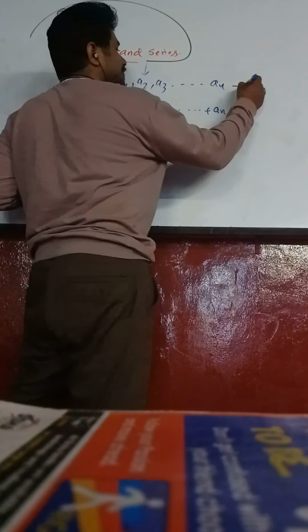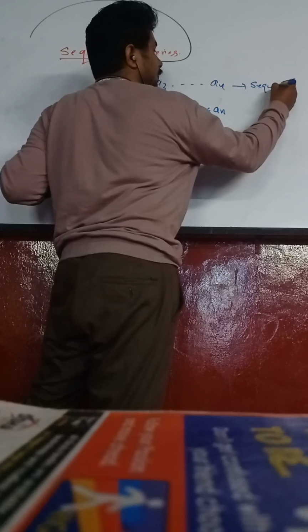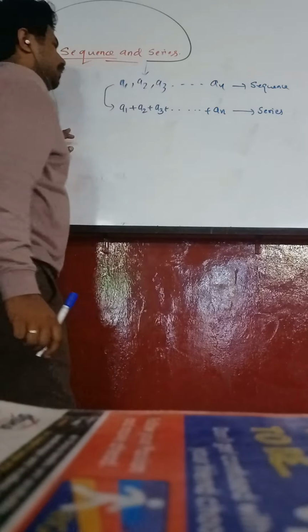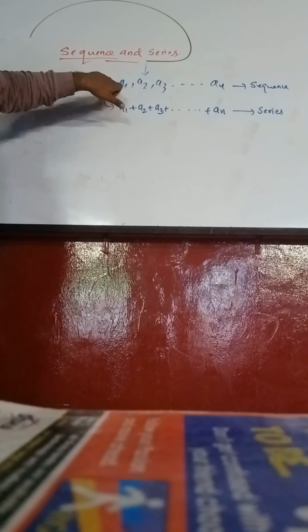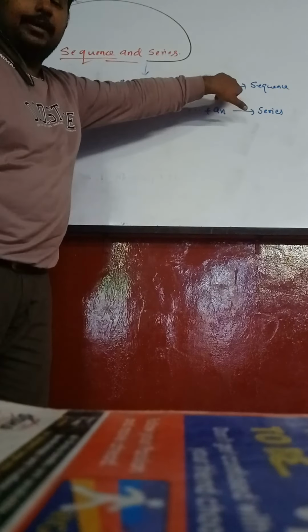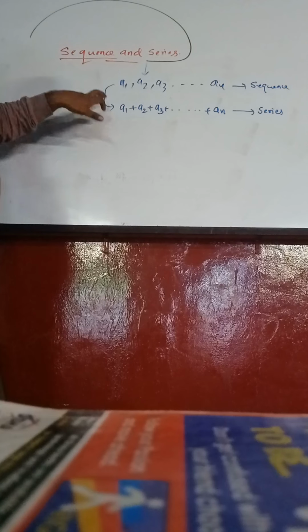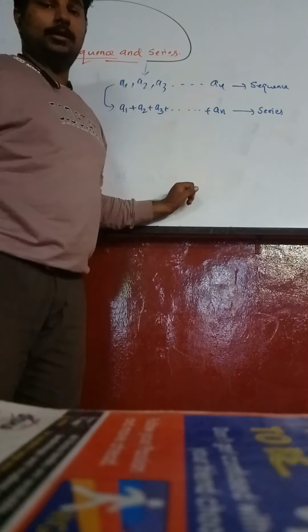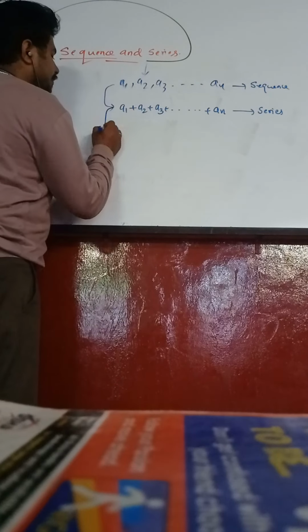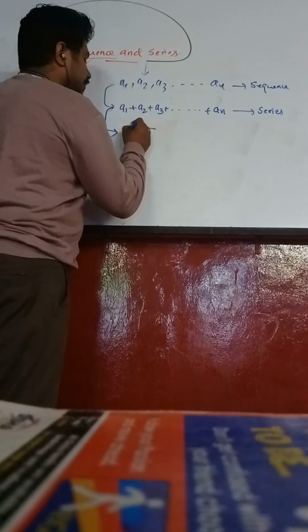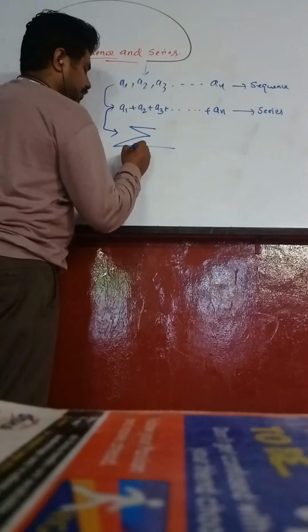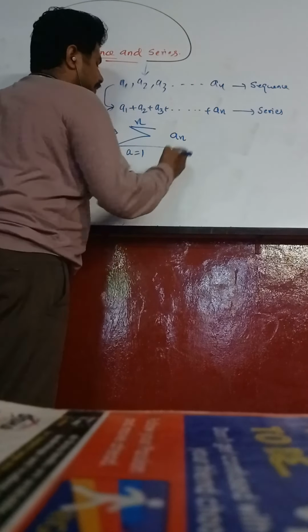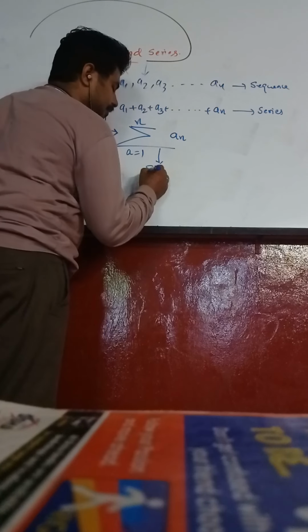So this is a sequence. This is a series. So what is a sequence? A sequence is nothing but a list of things separated by a comma. Then what is a series? Summation of each and every term of the sequence. This series is also denoted by summation, k equal to 1 to n, ak. This symbol is called sigma